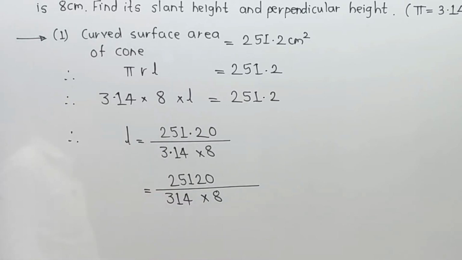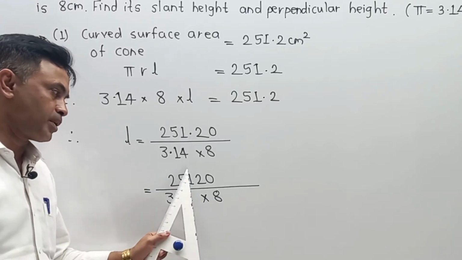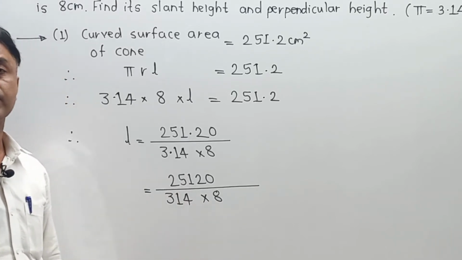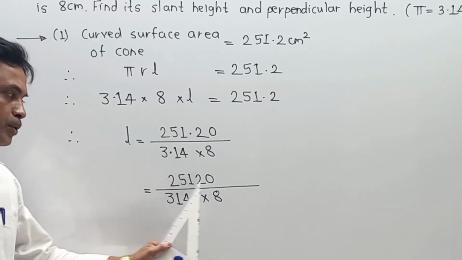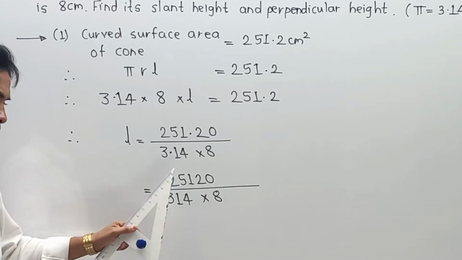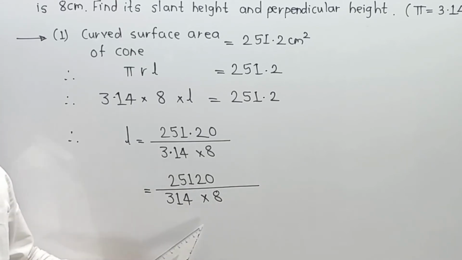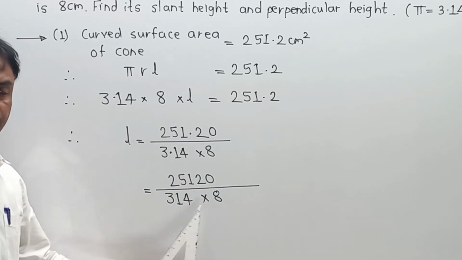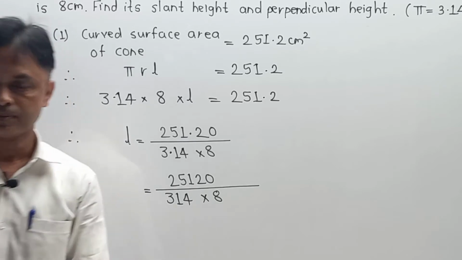Now the second part will be always for calculation. Now you have to divide this number over here, or by 8 you have to calculate over here. Now this is the main significant part for the calculation, that how you are going to split this number over here. Now I am going to split the entire number, that is 25,120, in front of you, so that you can have a part, and also 314. 8 is already a smaller number, so please pay attention.